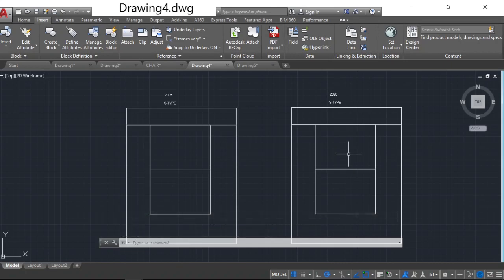Means here I am having the same chair block, but the chairs are tagged with some extra information. That information differs here. So such kind of information we can provide to the blocks by using the attributes. Okay, so